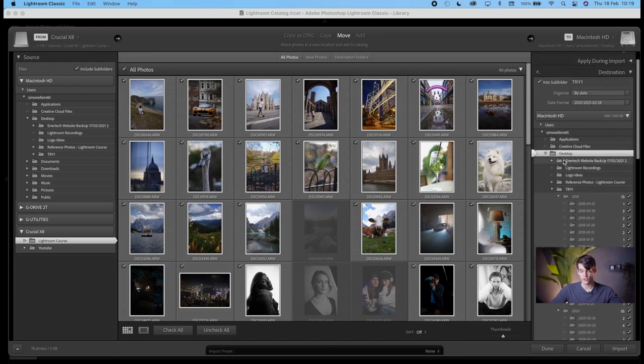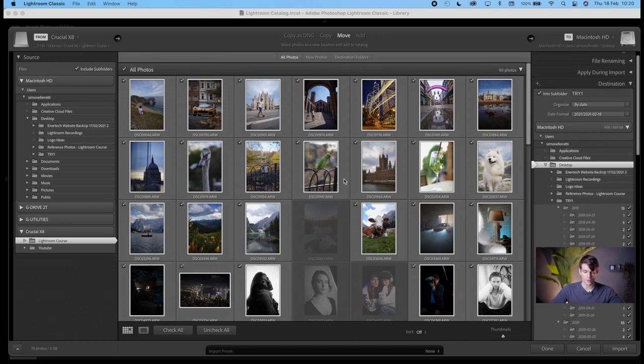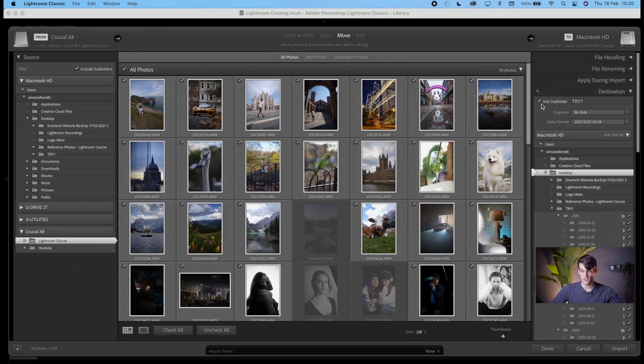For example, if you want to create a new folder within the desktop with all the imported photos, you need to go here into a subfolder and pick this option, and then you write here, for example, "Photos from London." And then what happens is that it's going to create a new folder within Desktop called Photos from London